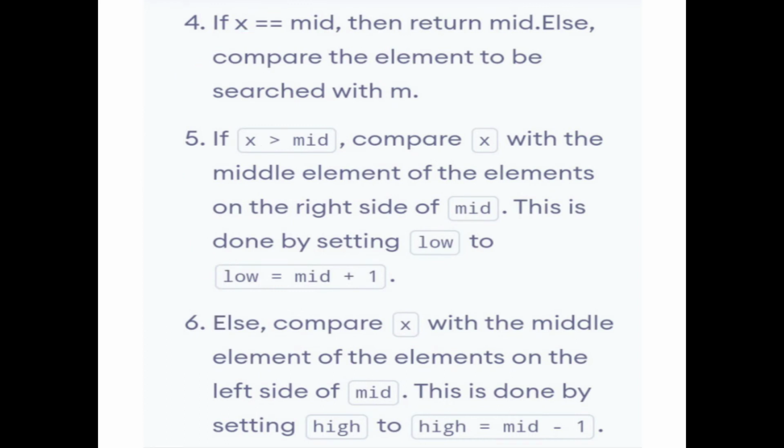That means the key element is greater than the mid position. We must follow the right side of the array. That means the searching process is only done in the right side of the array. At that time the lowest value becomes mid position plus 1. Because the key value is greater than the mid value, the lowest value automatically increases by 1.